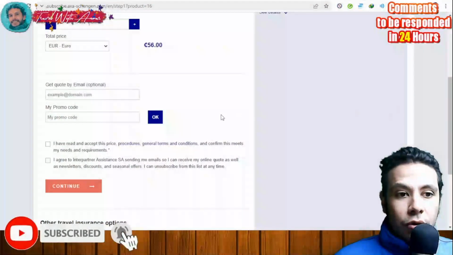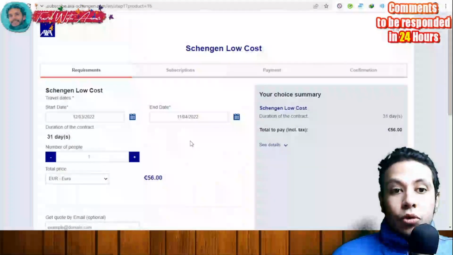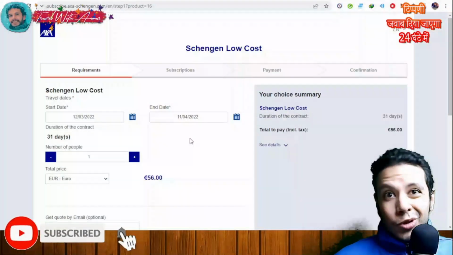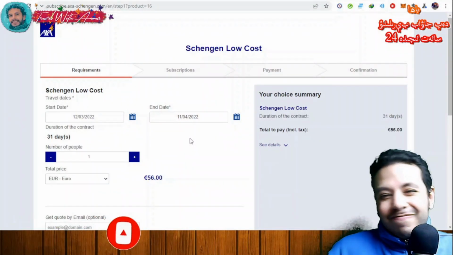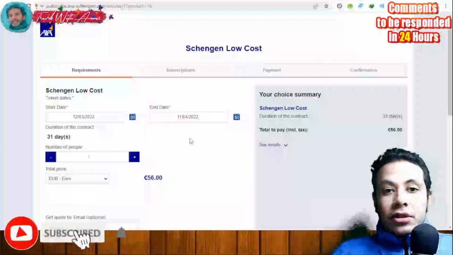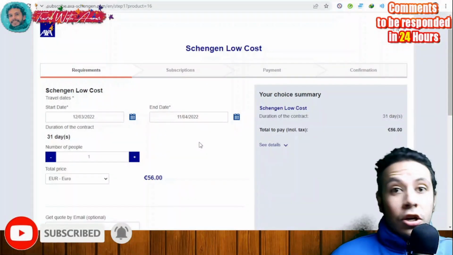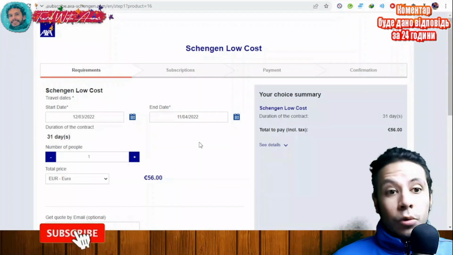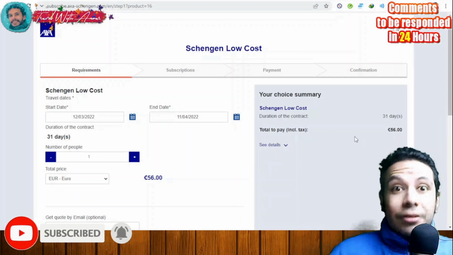But here I'm just showing you how to choose and how to apply, because choosing the category and the options is something depending on you, but many people are having some problems. What is the travel insurance? How to apply for the travel insurance? So all these other details I will leave to you. I'm just showing you how to apply through the site and what is the real cost